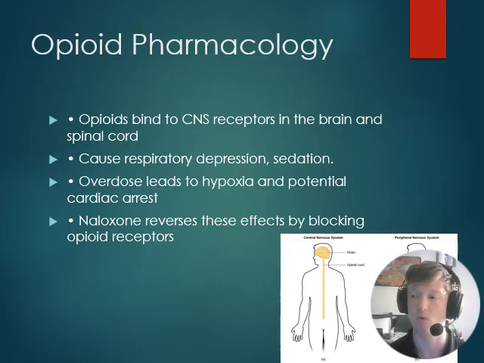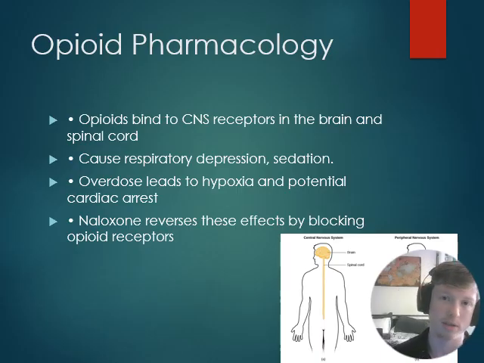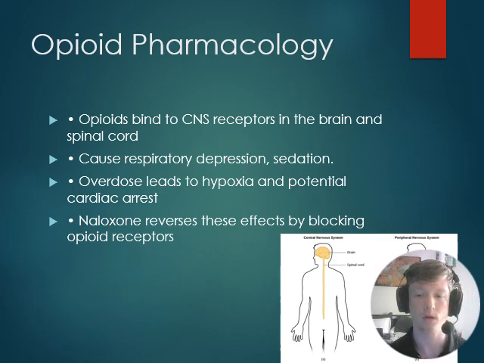So as y'all know, normal range for respirations is 12 to 20, we'll say in adults. And people who overdose on narcotics, it's pretty common to see them breathe 4 to 6 times a minute if you're lucky, which, as y'all know, that's not going to be enough respirations to properly have cellular respiration occur, which is what helps with moving oxygen through the body. So when people overdose, those processes are all affected, which can then lead to subsequent cardiac arrest from a lack of oxygenation. The main drug that we give to reverse these effects is naloxone, which I'm going to go ahead and touch on here.